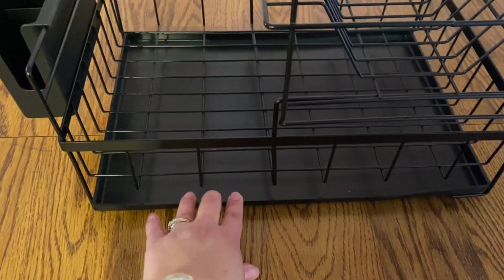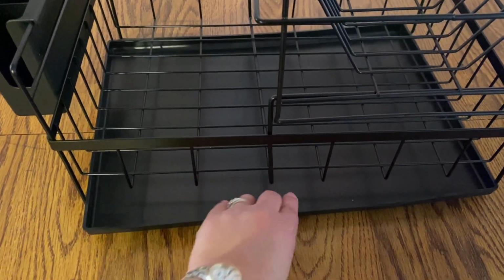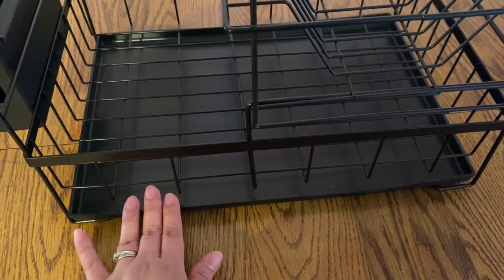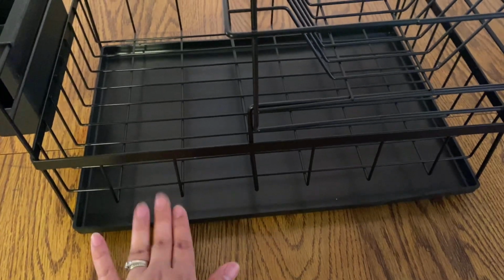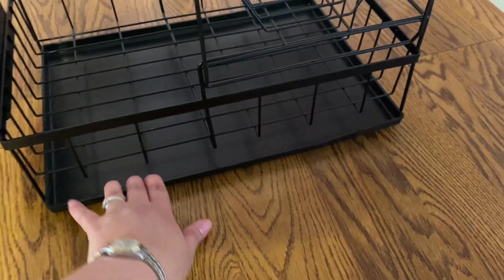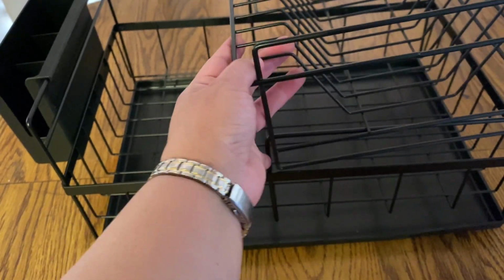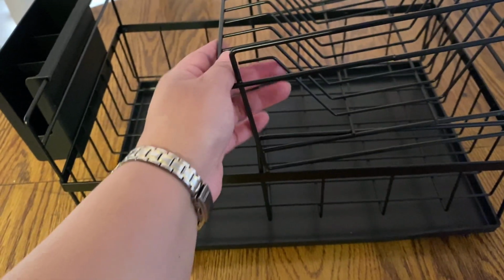So meron siyang tray sa baba para yung mga tubig. Maganda kasi meron siyang tray din sa baba. And then made of stainless siya, guys. So yun siya, medyo